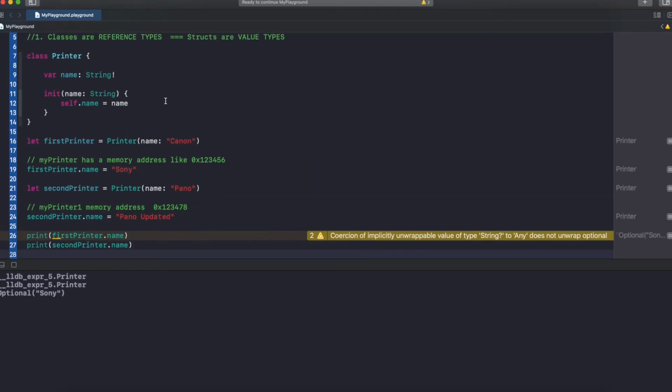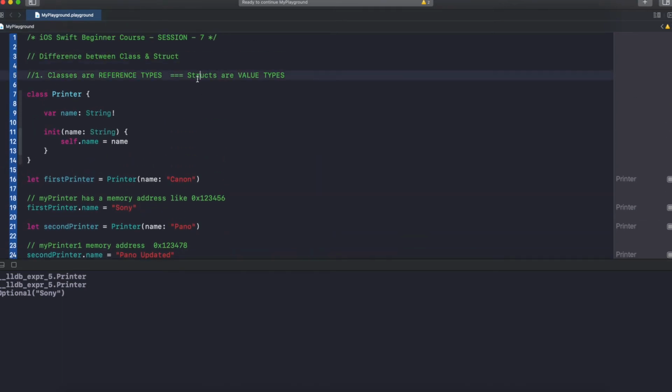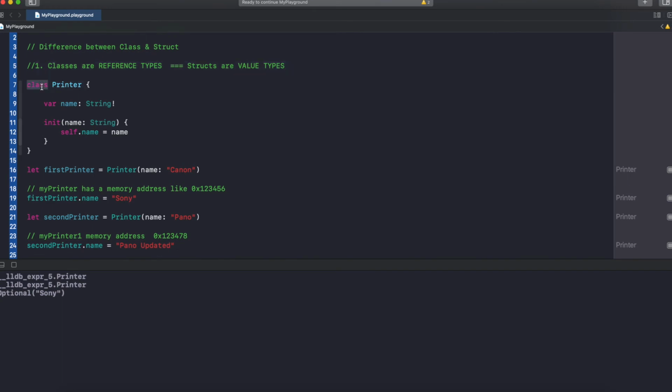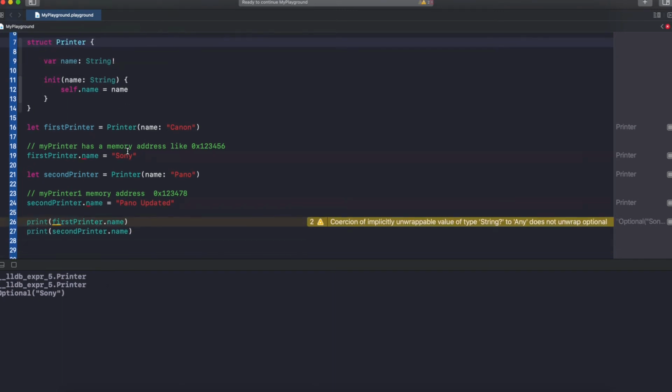Okay, so next thing is value types. We call structs value types, which means I'm going to change this class to struct. Instead of class, I'm going to declare this printer as a struct. And let's see what I'm doing here.